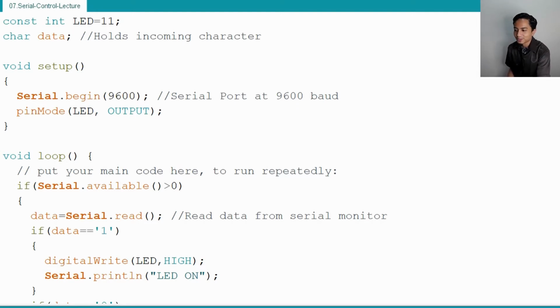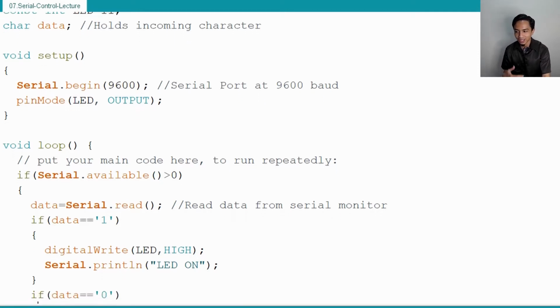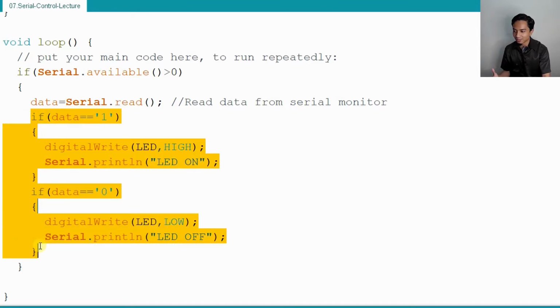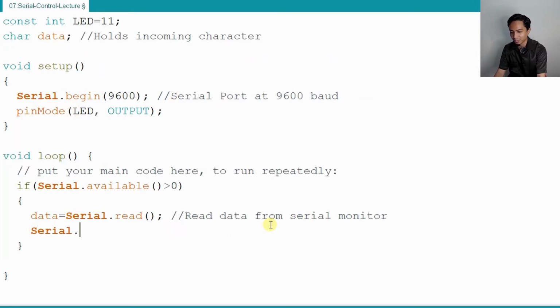Last time I showed this code that you can use to control the LED by using the serial monitor, and in this code I just send characters, the 1 and 0. So if, let's say, I remove this code here, which I change into Serial.println as usual to look at the data that we send, just like that, and then I directly upload or compile this code,